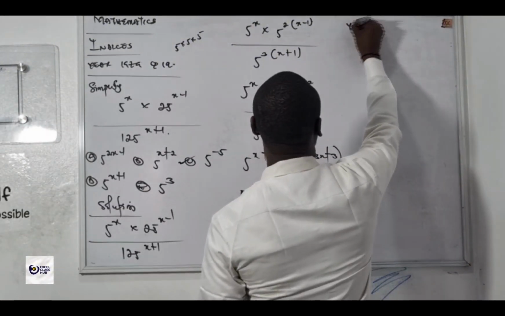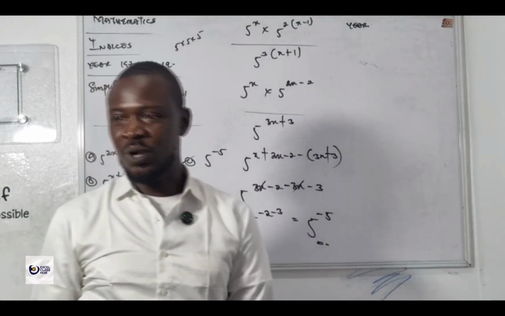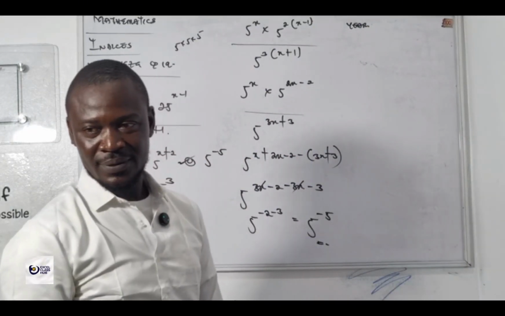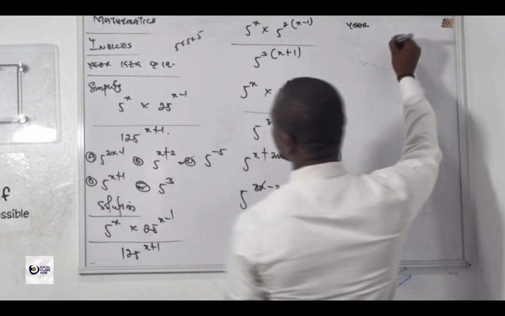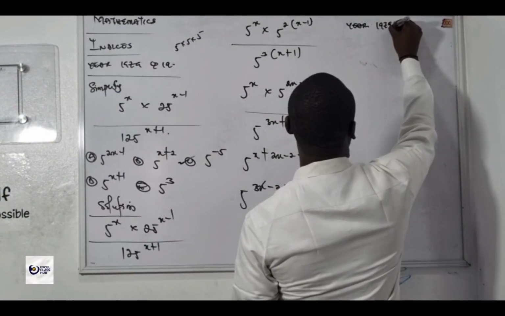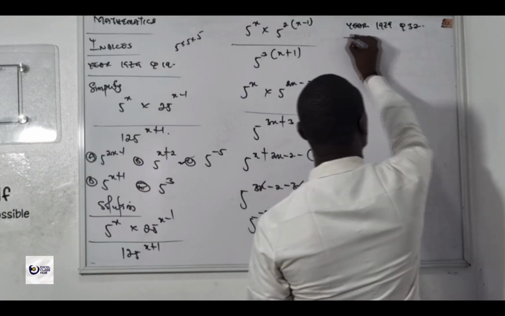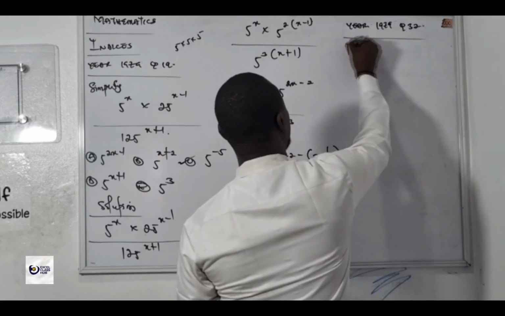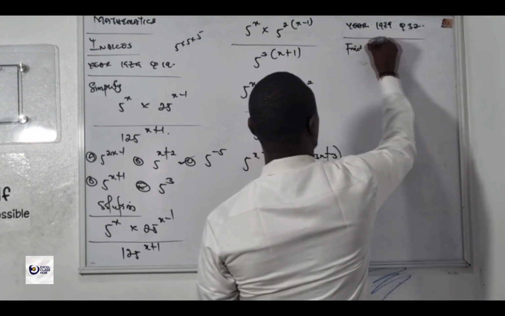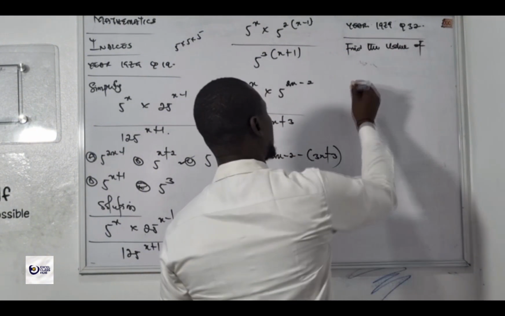Next question. 1979, question 32. 1979 question 32 again. Okay, continue. Find the value of